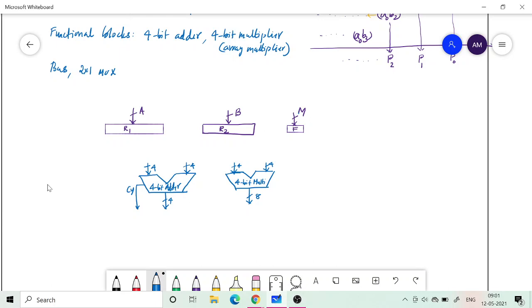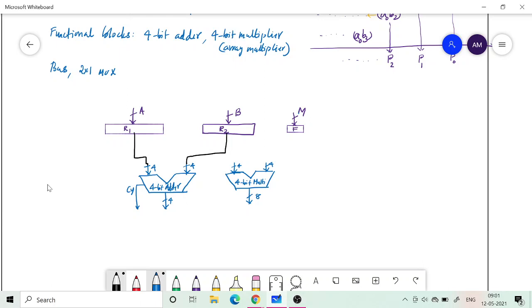Okay, so the inputs to the adder: one of the inputs comes from, say, register 1, and the other comes from register 2.